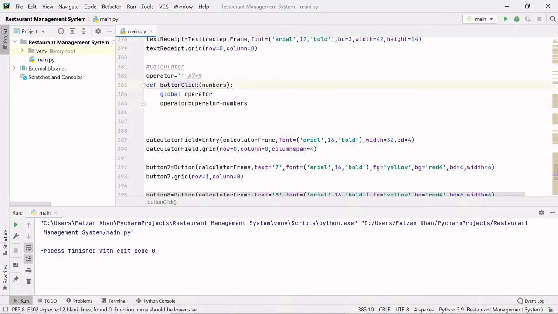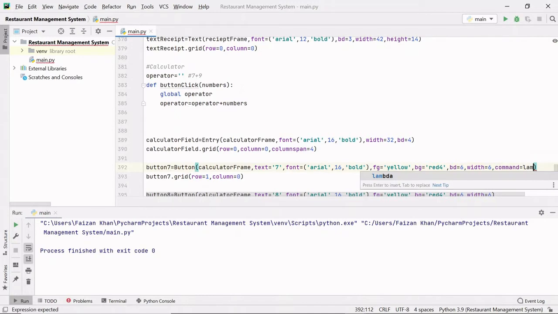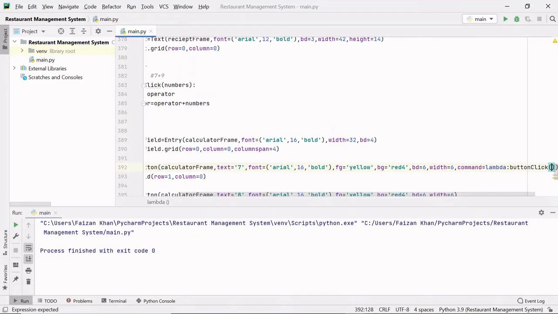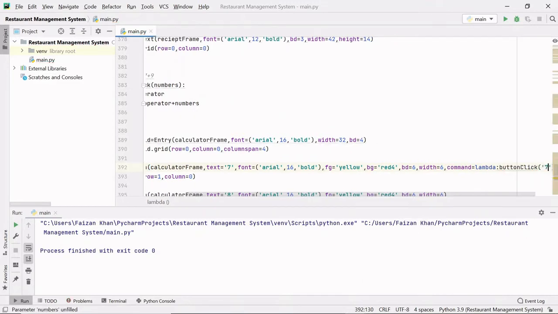I have to call this button click function from these buttons. So here inside this button 7, I'll pass command equals to lambda keyword, and here I'll be using this function button click, and here I'll pass this 7 in the form of a string. Let me move it to a new line so it's visible to you.